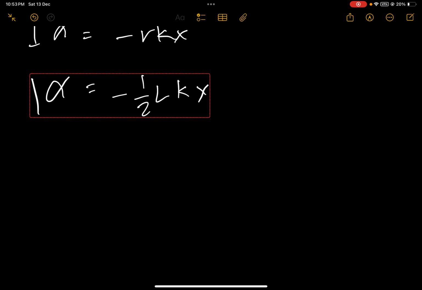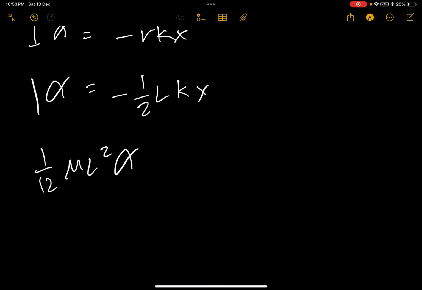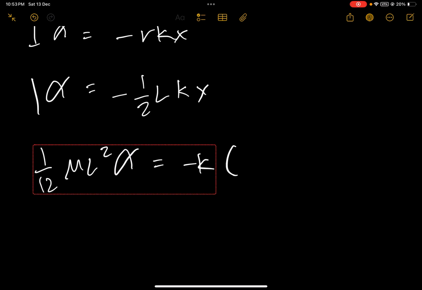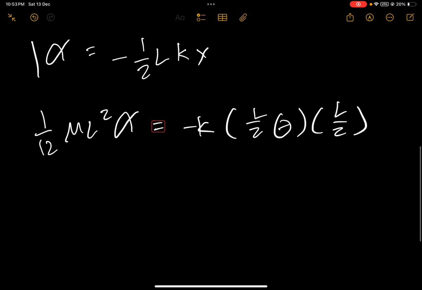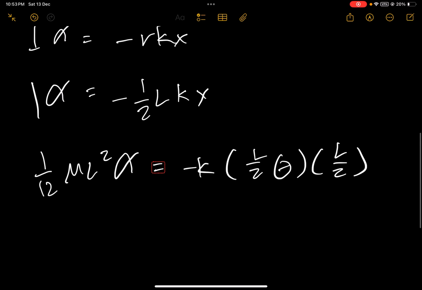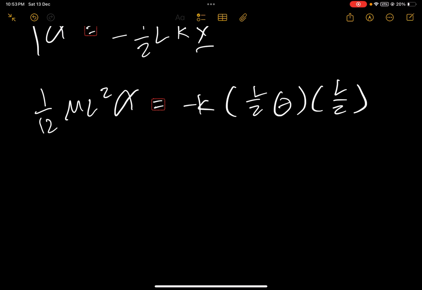We also have I, which is 1/12 ML squared. Basically, this is just R, but we have to multiply by it. Okay, so let's simplify all this, and we get